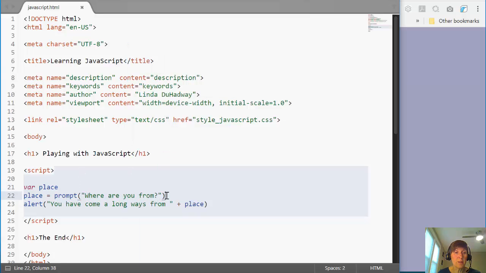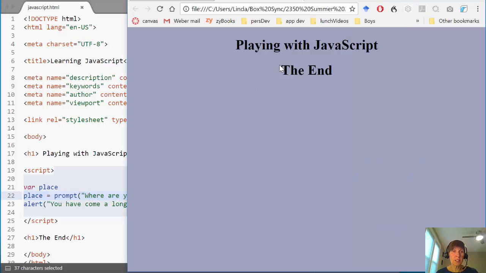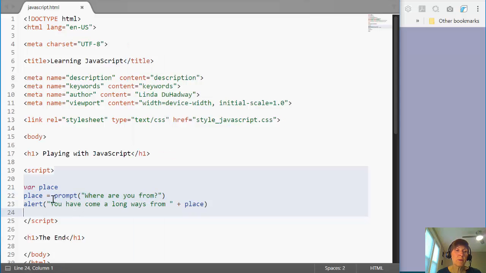We can get information from the user, and then we can use what they're doing in our HTML. Now notice that where we put it was in an alert box. You'll find that alert boxes tend to be annoying, that users don't like them because they pop up, they have to deal with them, and really what they want to do is just move forward. So let's learn other ways that we can